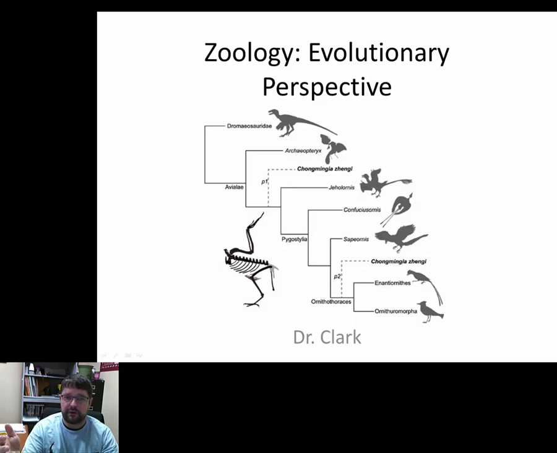And some of those primitive animals we're going to have hands-on experience with, because they still exist today. And so we're going to look at the evolutionary perspective, how things have changed over time, how one group of organisms has given rise to another group of organisms, and on and on. And then more specifically, evolutionary features that make a certain group very unique, or a certain function in the group very unique.